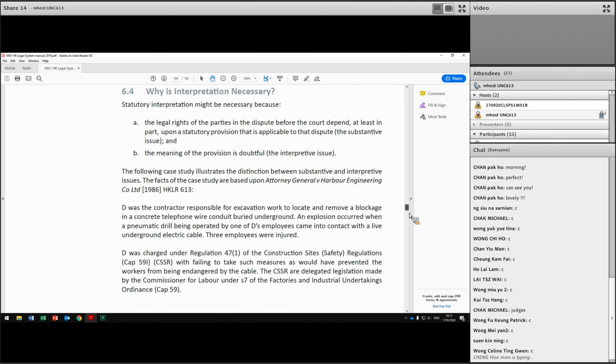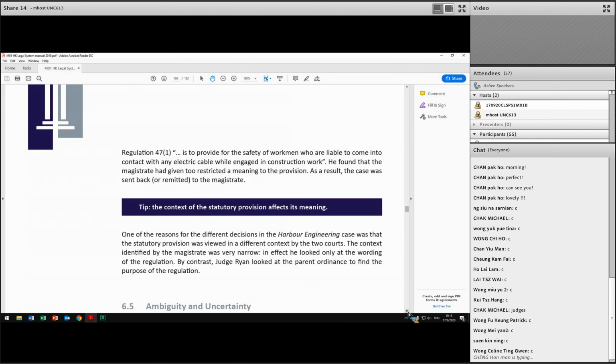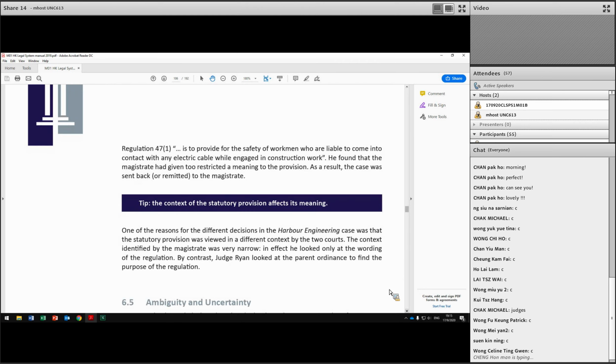So when someone is charged with possession of a dangerous weapon, whether he will be guilty depends on the meaning of dangerous or dangerous weapon. 危險嘅武器。